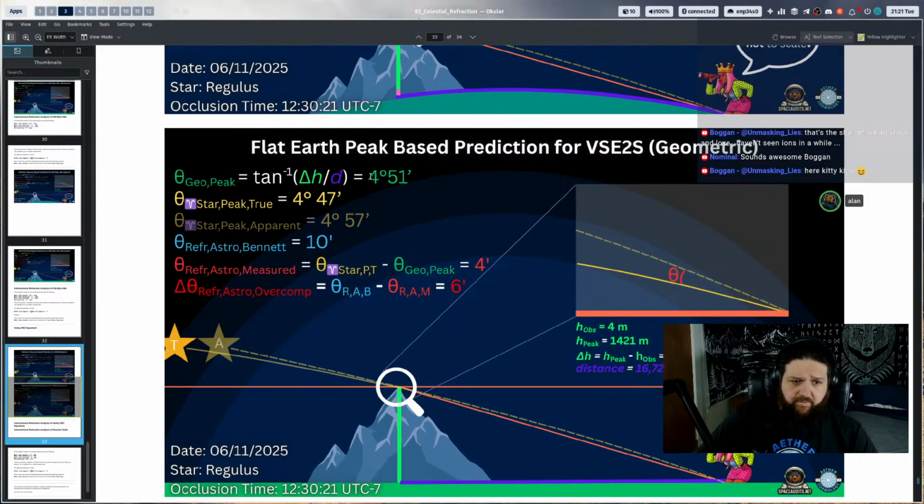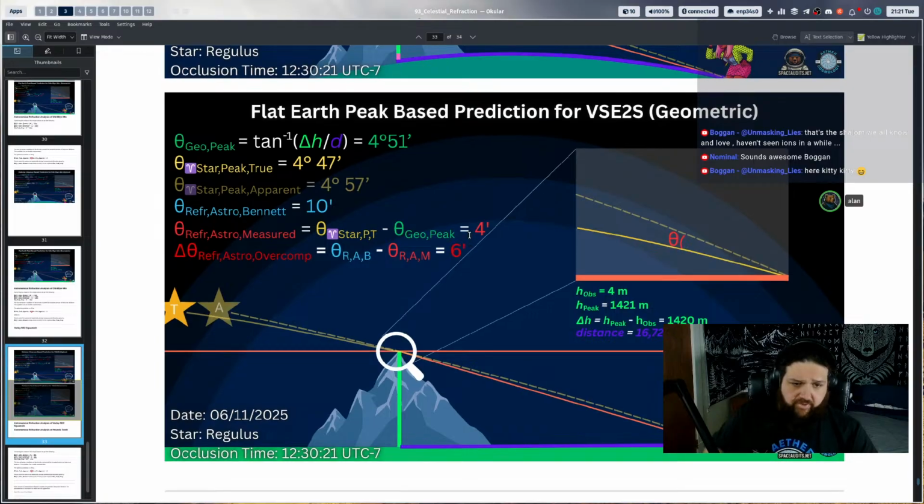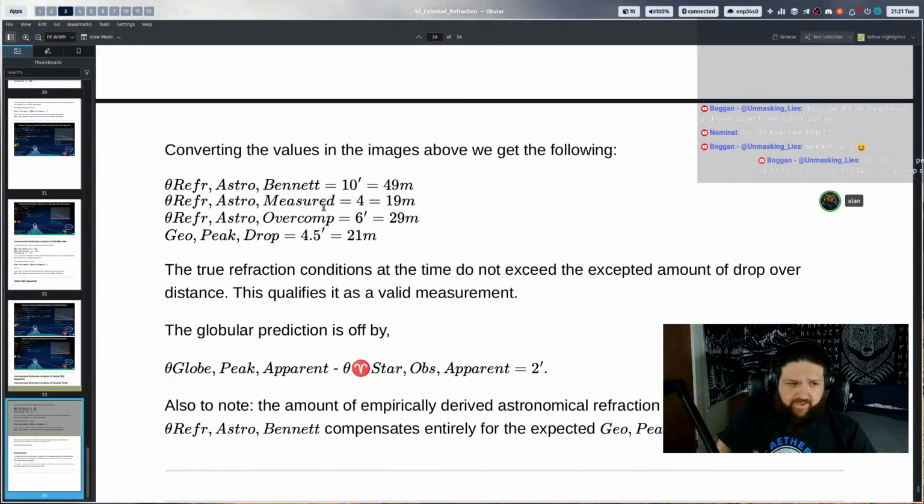contrast. So we predict 4 degrees, 51 for the peak with rise over run. The star was occluded at 4 degrees, 47 arc minutes. They predicted 10 arc minutes of astronomical refraction. There was an actual difference between the star's true position and the peak of 4 arc minutes, giving a 6 arc minute overcompensation. What that looks like: 21 meters in drop over distance, 50 meters in lift, measured difference of